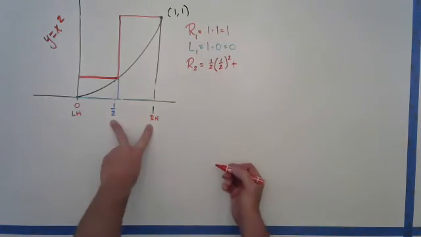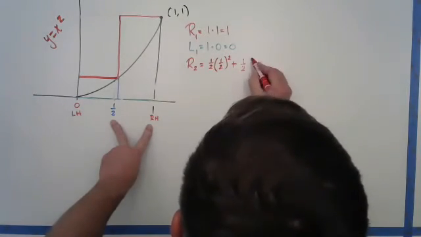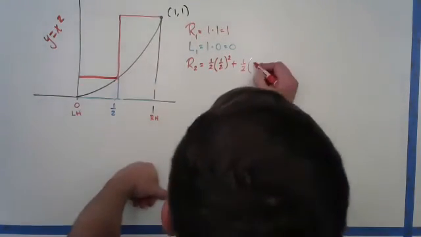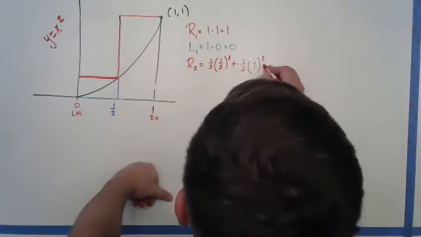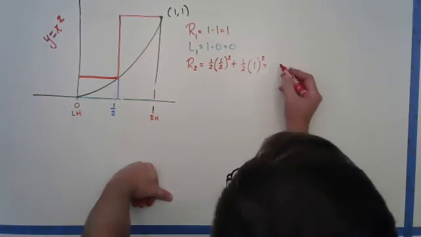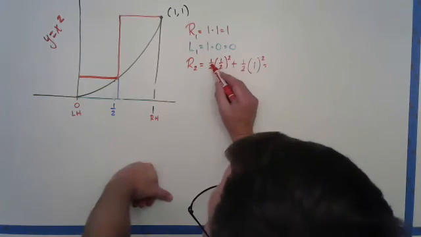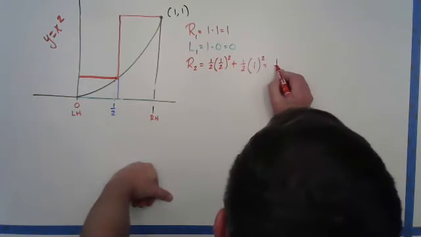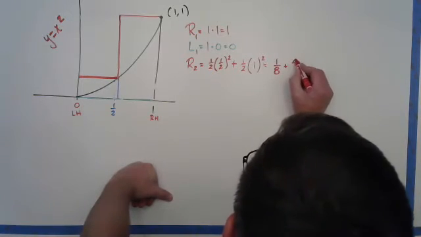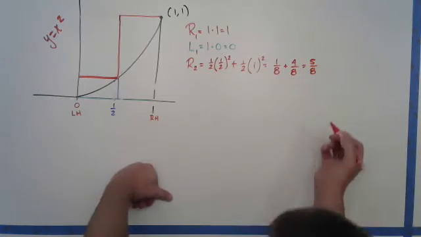Over here, my width is a half, right? Still a rectangle. My width is a half, so that's going to be a half. My height on the right-hand side is 1. So I'm going to multiply that by 1 squared. And what do we get? We get an 8 plus a half, right? So we get a half plus a half squared is 4. So a half times a fourth, that's going to be an 8. Here we get a half. I'm going to write a half as 4/8, and we get 5/8,